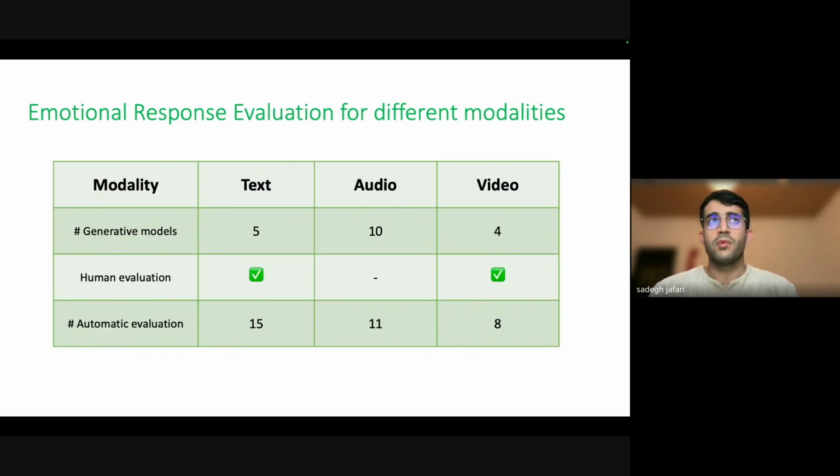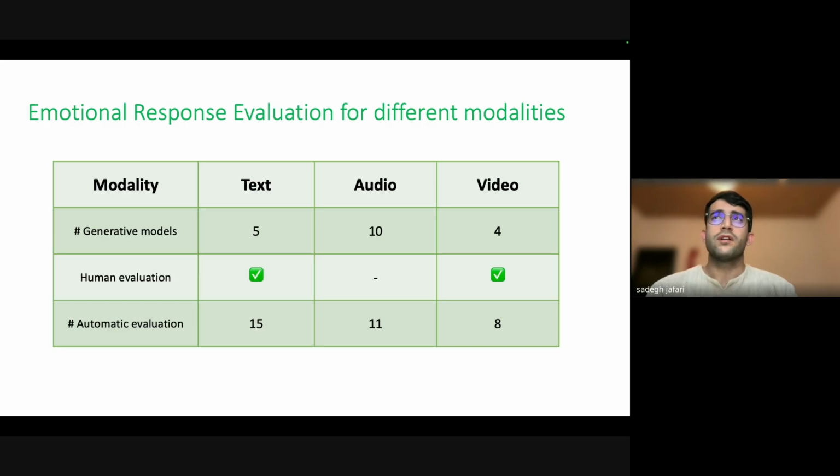We also have human evaluation, and we have 15 different automatic evaluation metrics. For audio, we have 10 different audio generative models. We don't have human evaluation yet, but we are doing this part, and we have 11 different evaluation metrics.